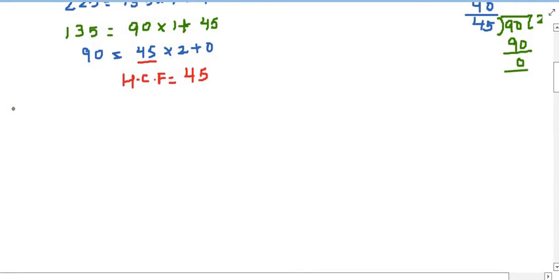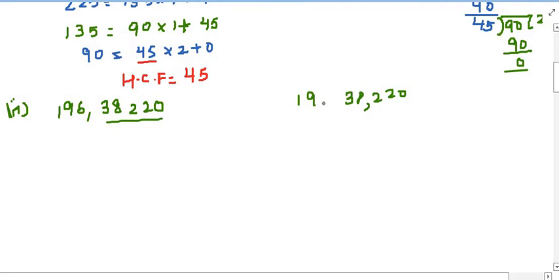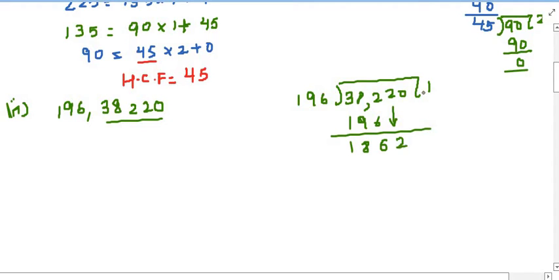In the second part of the first question, the given numbers are 196 and 38,220. Here 38,220 is the bigger number, so we'll divide 38,220 by 196. We will start with 1, 196, subtract, it will be 6, 8, 1. Bring down 2. Then 196 times 9 is